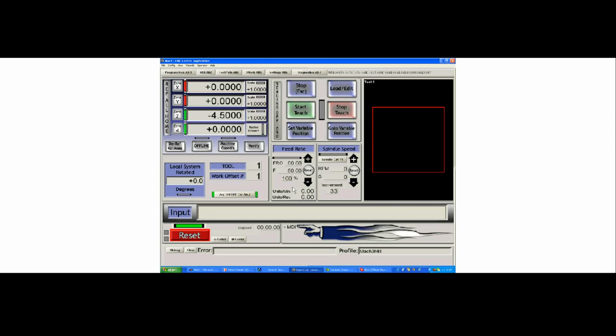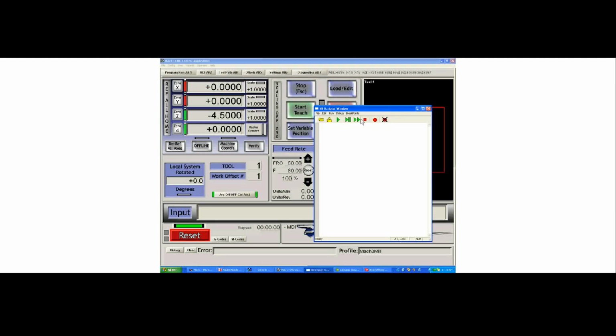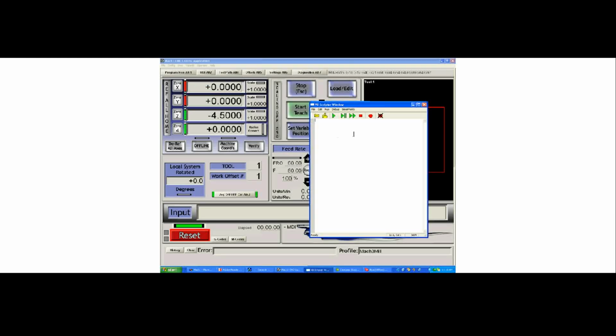These macros can exist inside buttons, inside macro files, and indeed you can add the macros to your G-code. Let's say, for example, let's open up the Visual Basic scripter again. Let's say, for example, that you have a special requirement where, for whatever reason, you wish the X to move to a particular location. So we're going to type a code G1